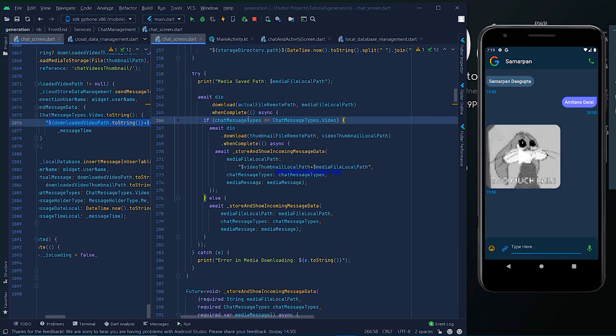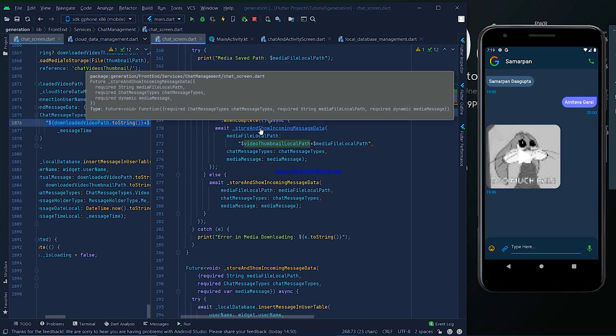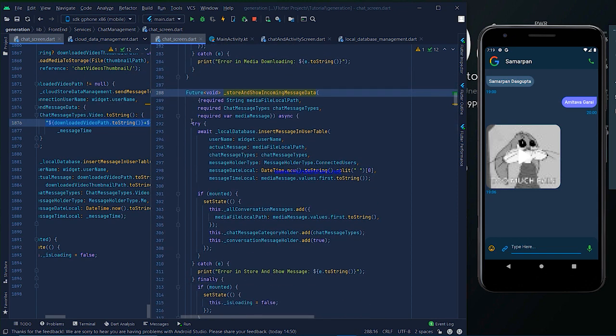So we check if the chat message type is video, then we download the thumbnail file remote path, because you have to provide the URL, the link present in Firebase storage, and then provide the local path where we want to store the video thumbnail. Then after the download of the thumbnail is completed, we switch to the method store and show incoming message data.